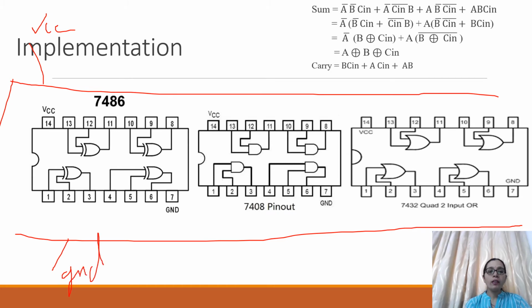After that we will first do the connection, that is ground to ground, ground, and here also ground, and then we will connect VCC, VCC and VCC. So this is the very first basic connection before starting any implementation. On the breadboard the ICs are mounted, and now the connections to enable the ICs are given, that is ground is given and VCC is given.